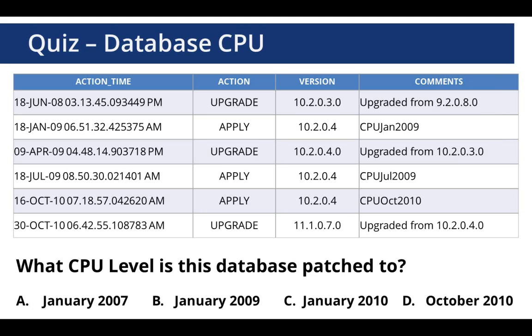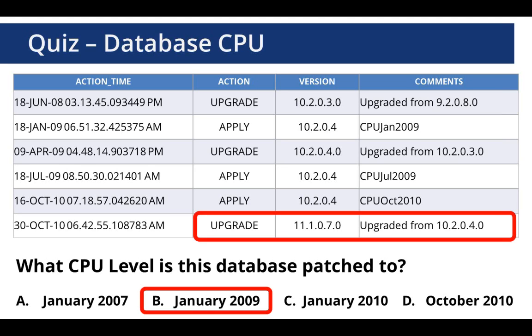So hopefully everyone at least has an answer in their mind. If you had answered January 2009, that's the correct answer. And the reason is that when you did the upgrade to 11.1.0.7, it reset your CPU level. So even though they've installed the October 2010 CPU, when you did the upgrade to 11.1.0.7, it wiped out that October 2010 CPU and actually put you back to a different CPU level. And I'll explain why that happens in a second. But basically, I just wanted to do a little quiz. So now when we talk about the next myth,